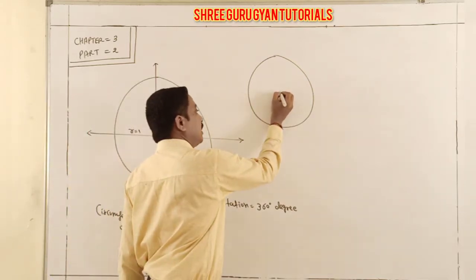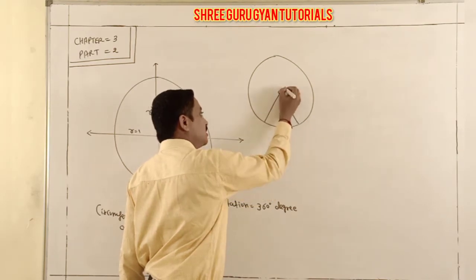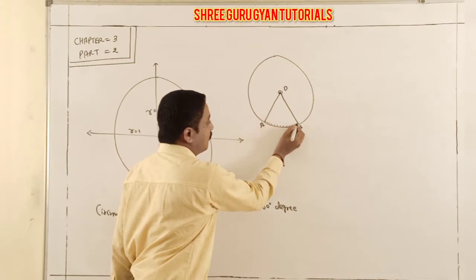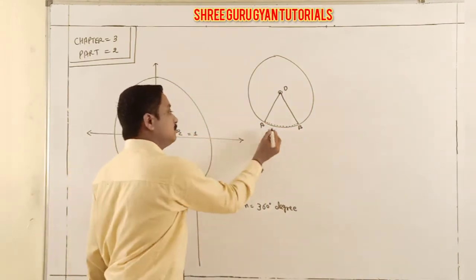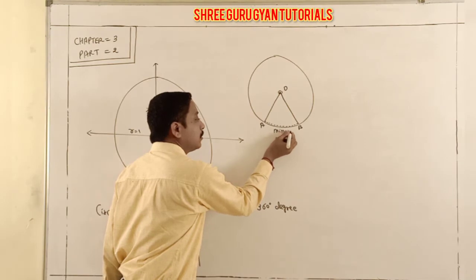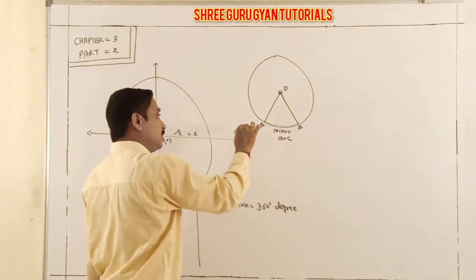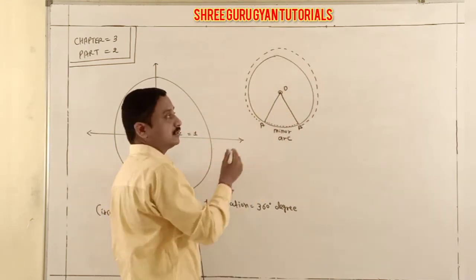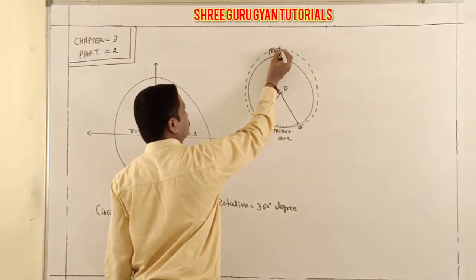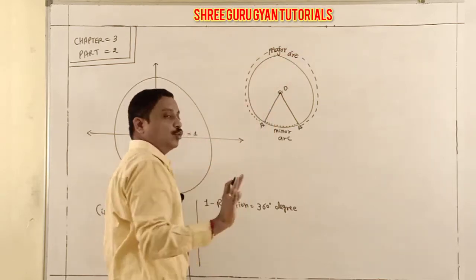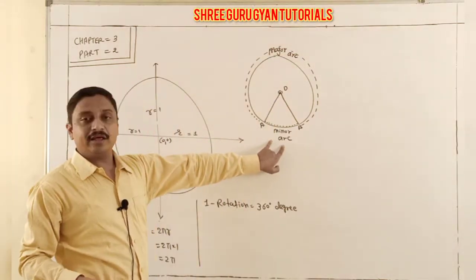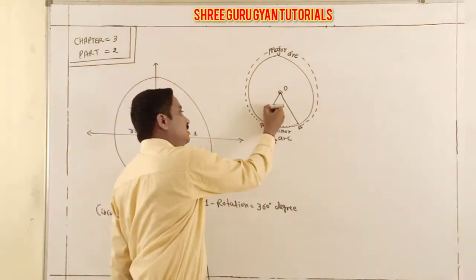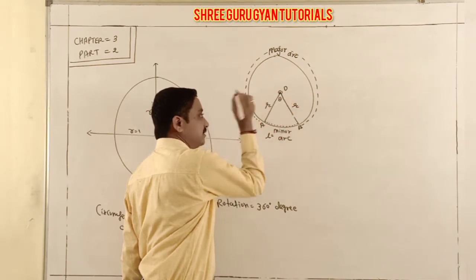You know that in any circle, this A to B, this is the length of the minor arc. It is a minor arc. And the rest, this one, is your major arc. Both are known. Today I am going to work with the minor arc. The minor arc is considered small l. Here is your radius, and here your theta.